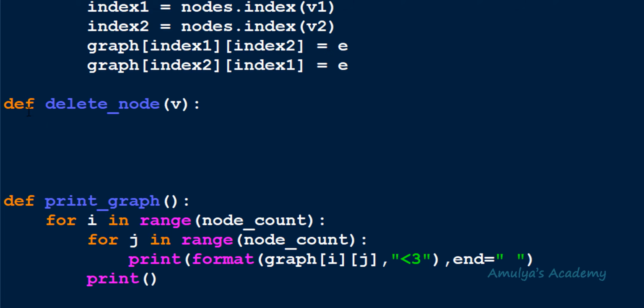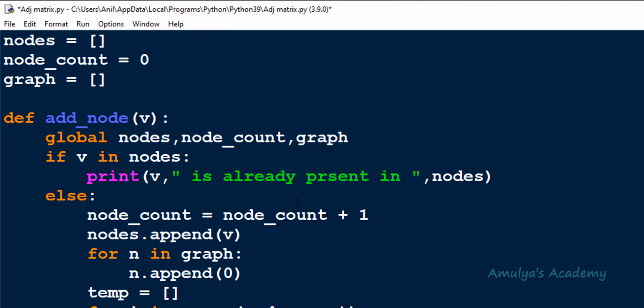In the delete node operation, the first step is to check whether the given node is present in the graph or not. Here v is the given node. We are writing this program using adjacency matrix representation, and in this program we took two lists. One is the nodes list, another one is the graph list.